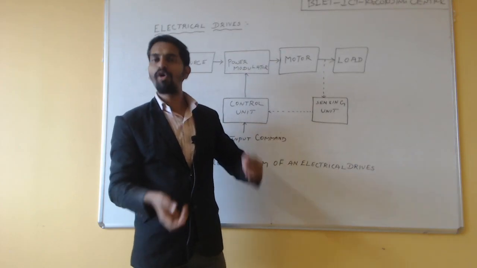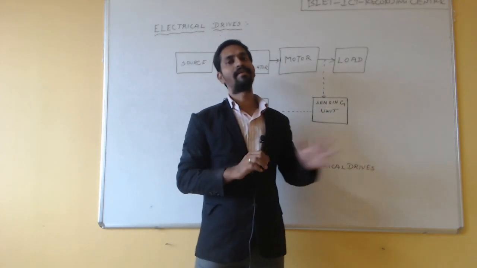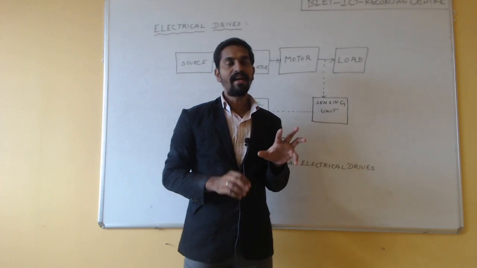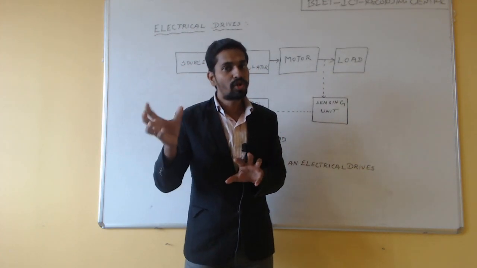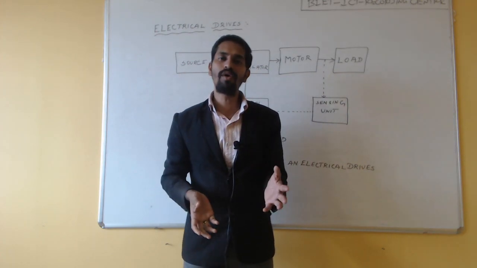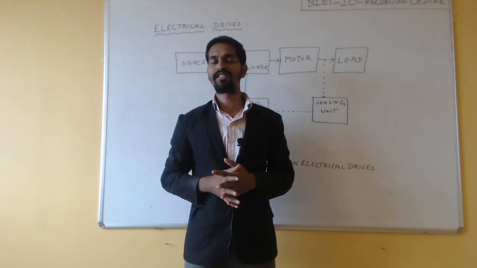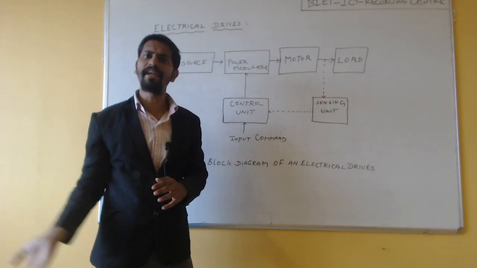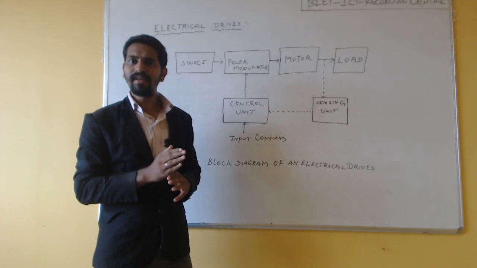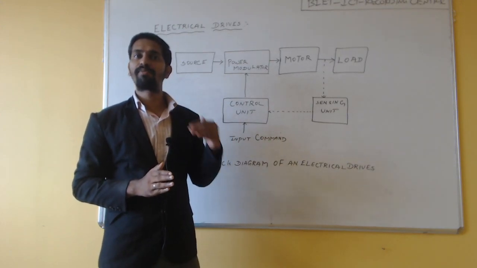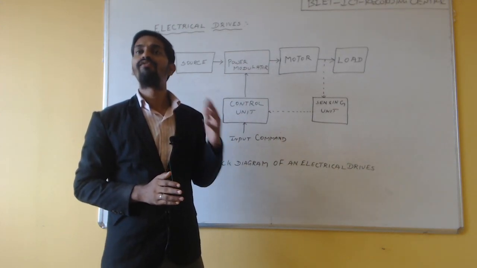The same concept applies for drive systems. Whenever a system is controlling the motion, it is known as a drive methodology. So we may employ any prime mover to provide the mechanical energy for